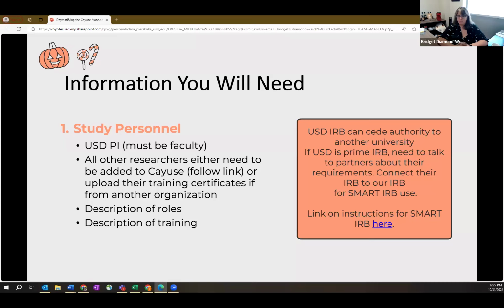However, if you're working with an external partner on the study itself, meaning that basically you are intending to share data, like non-de-identified information about people, with people at other institutions, then there are processes you need to go through to get that approved. First, if you are a subaward or if you're a co-I or just a research helper on a project, and someone at another institution is going to be the lead, then USD IRB can cede authority to the other